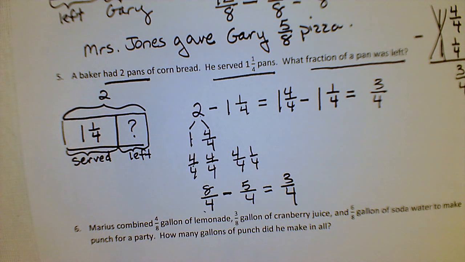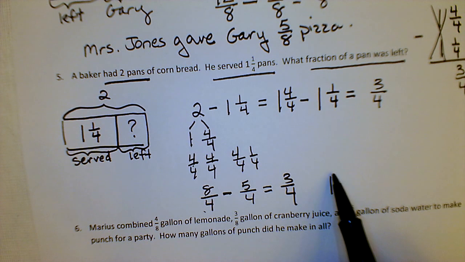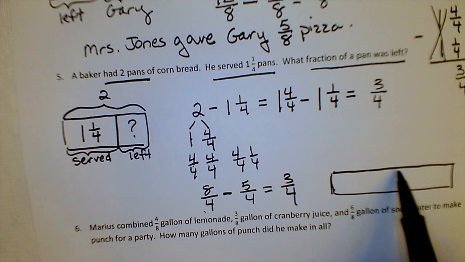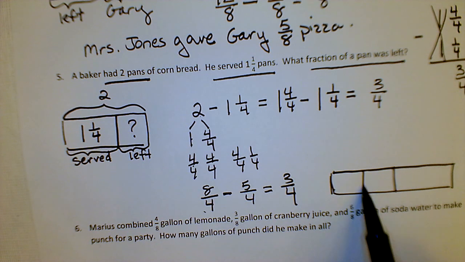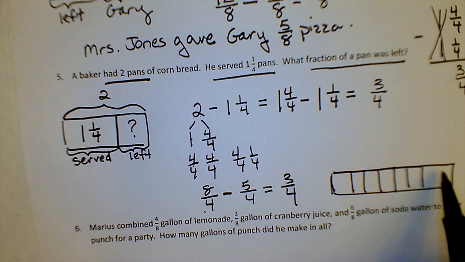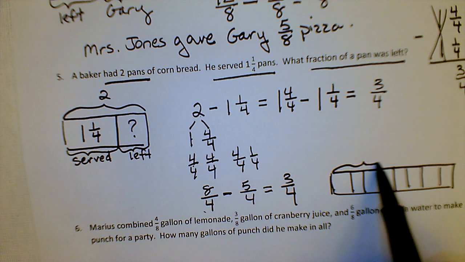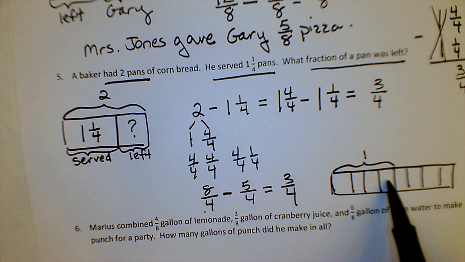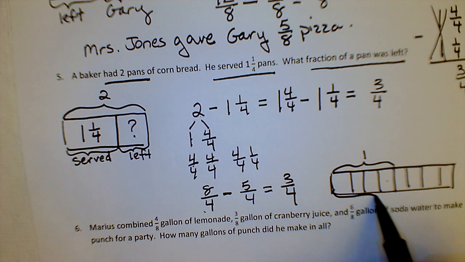One more thing you could have done is a different diagram. You could have initially modeled out 2 wholes, and you could have cut them into fourths. So again, I have to show that these 4 make 1. So I'd have 1, 2, 3, 4, and then another 4th. So that represents